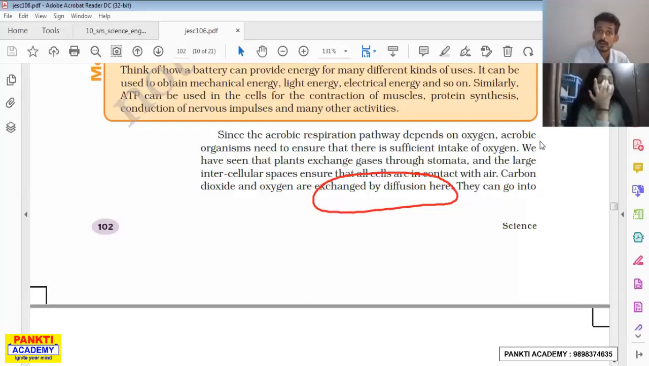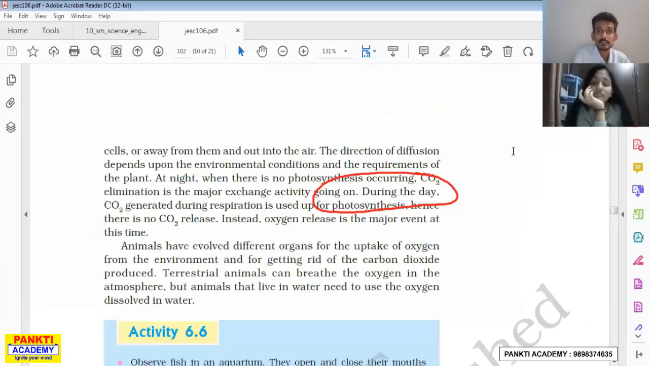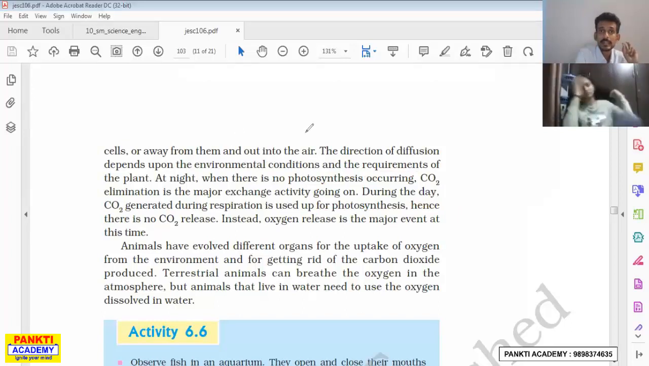Okay, beta? So in a plant, respiration happens using which method? Diffusion method. Diffusion meaning what? Movement from the bigger side to the smaller side. This is called diffusion, in simple language. So that happens. Cells away from them go out into the air. The direction of diffusion